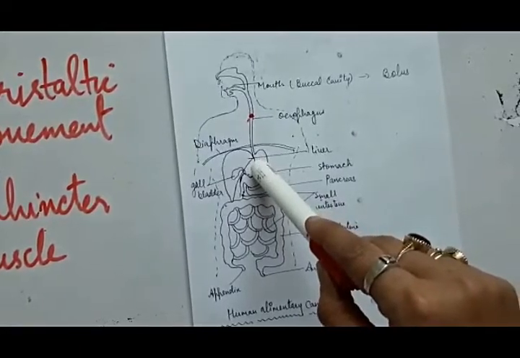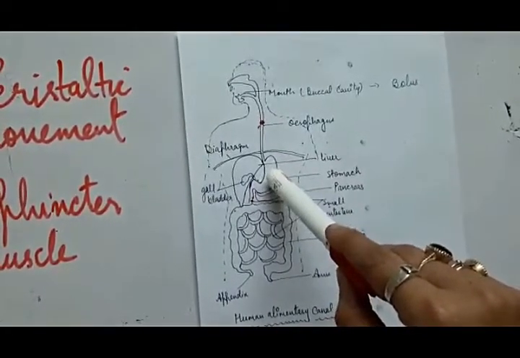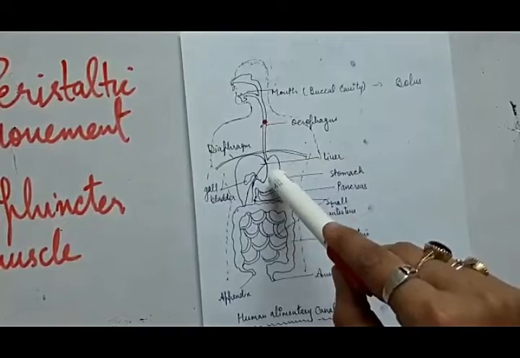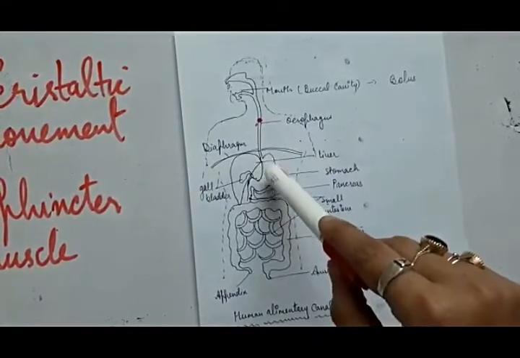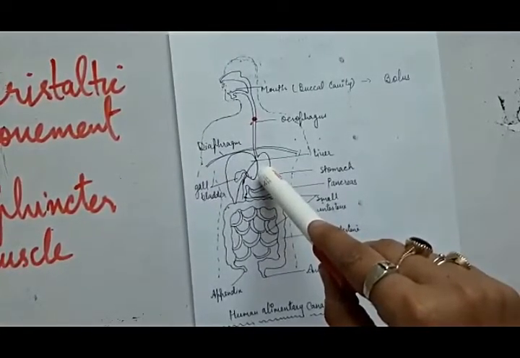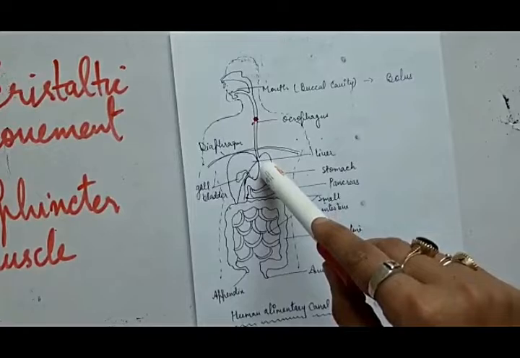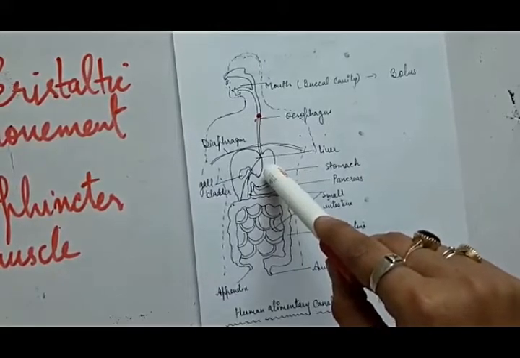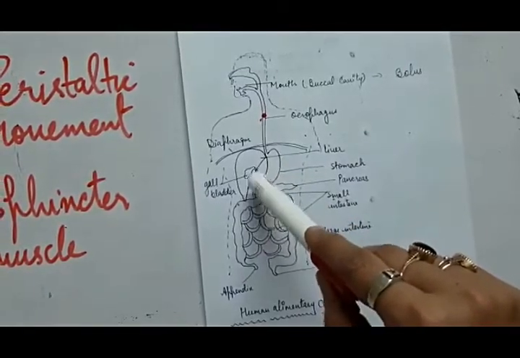This function I have earlier explained. Here the food is a mixture of protein, carbohydrate, and all the five nutrients. First of all, protein is digested in the stomach. Food is ground, and only the protein is half digested in the stomach. This is very important: protein is first half digested in the stomach, then passed to the small intestine. In the stomach, protein is converted into peptones by the help of pepsin, and then this is passed into the small